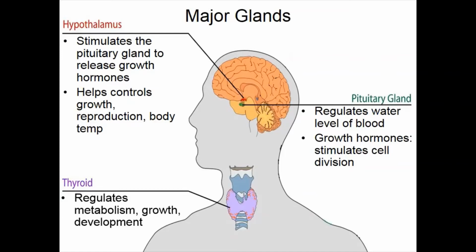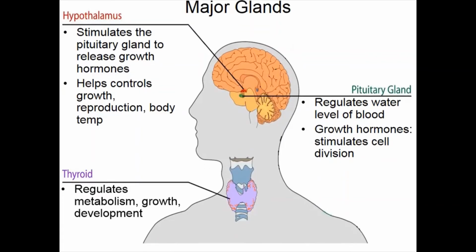One that's not mentioned, there's a hormone called calcitonin, which helps to lower calcium in our blood if our calcium levels get too high. There's another hormone called the parathyroid hormone that helps to raise calcium in our blood if our calcium levels are too low. So again, a great example of how a gland has more than one purpose.